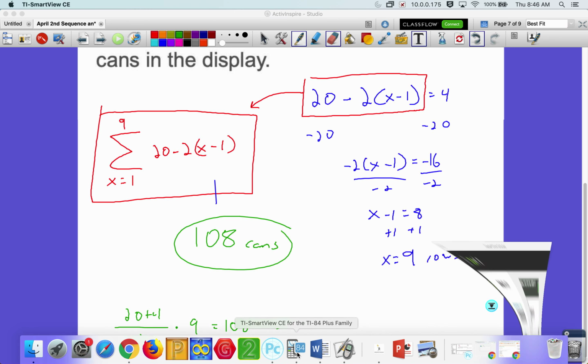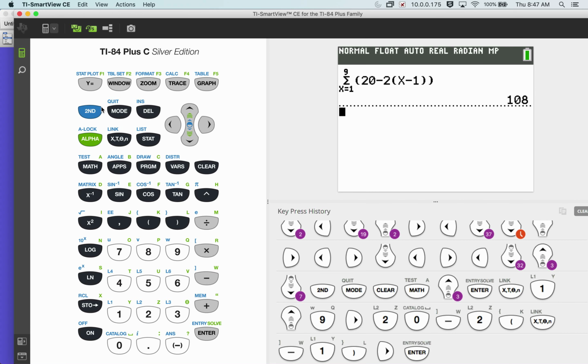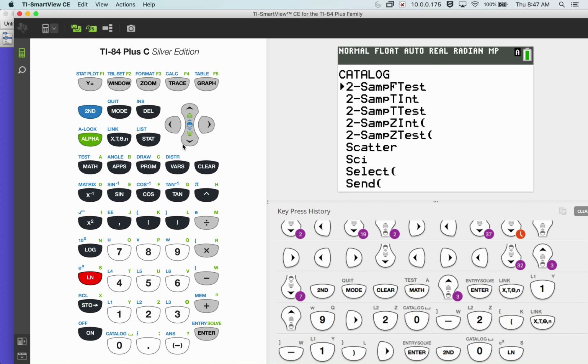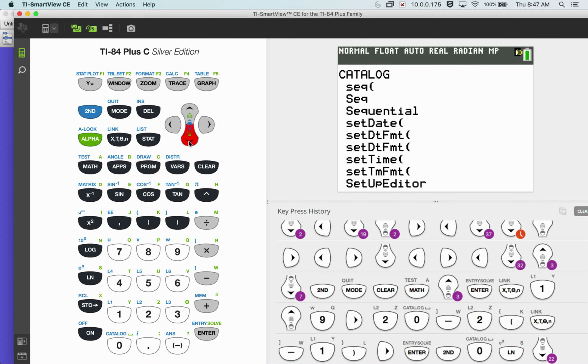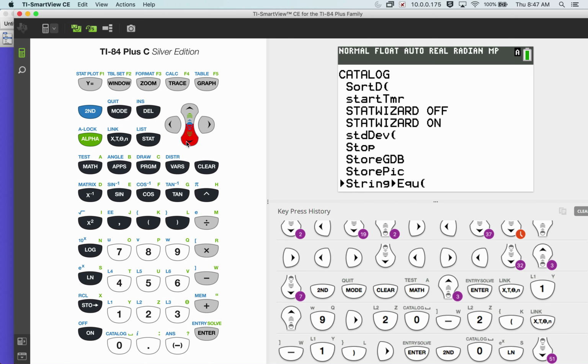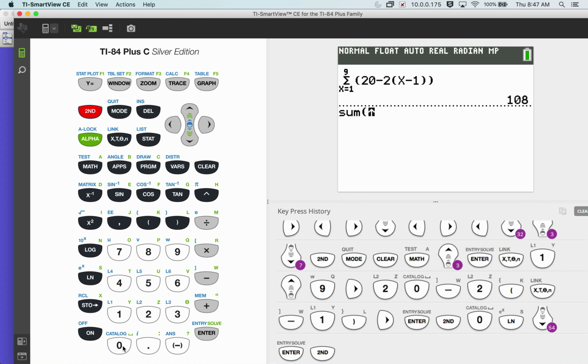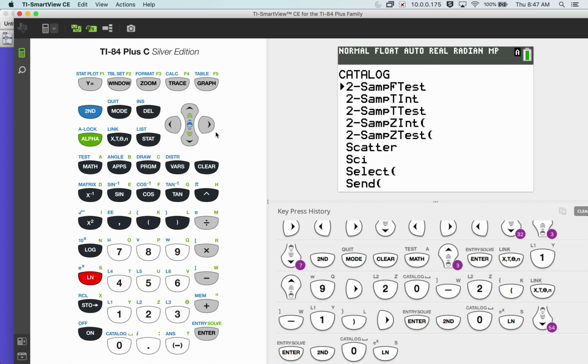Okay, if your calculator doesn't have this fancy sum button, you can still find sum under catalog. So you have to go second, 0 for catalog. Press the green S to jump right to the S's. And I want sum. Oh, it's way down there. Maybe it would have been faster to jump to T first. I want to sum, and then we go back into the catalog, second 0, go to S again, the sequence,